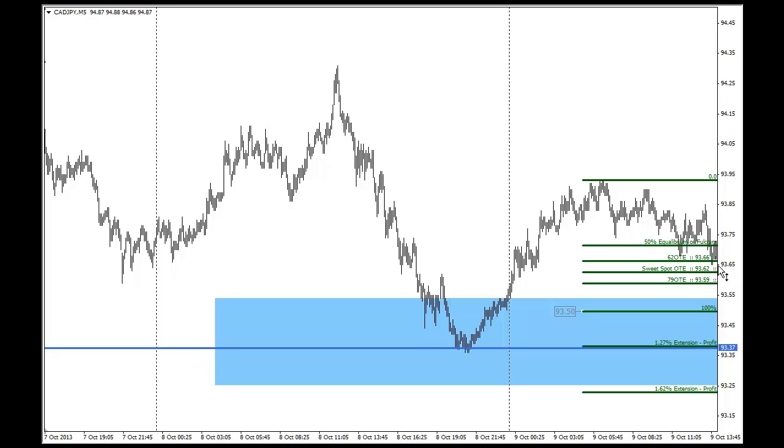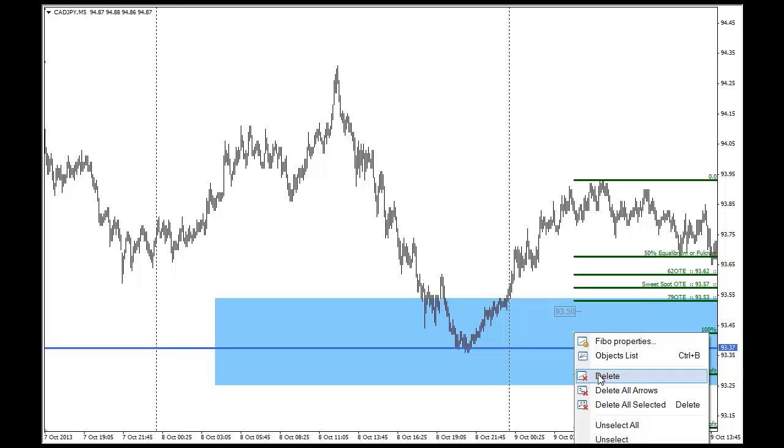Okay, so you have 93.66 and 93.59, which is essentially the 93.60 round number. Okay, which is, I mean, it's possible you may see a little bounce in here. Okay, but is it near the order block? No. Okay, so I would reference really,